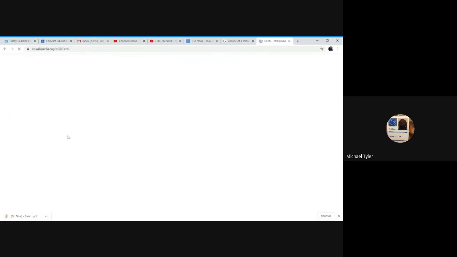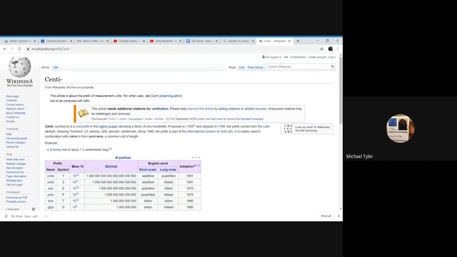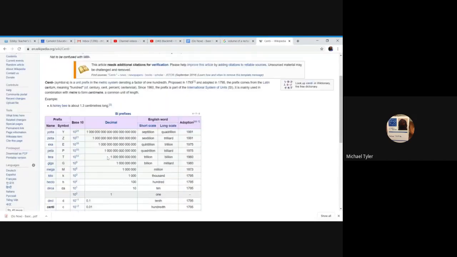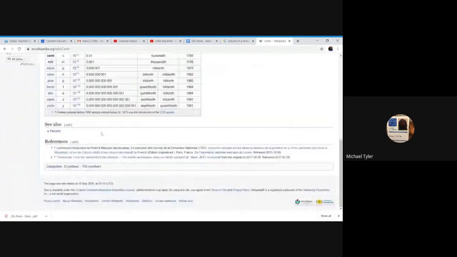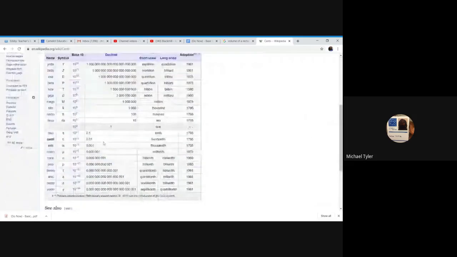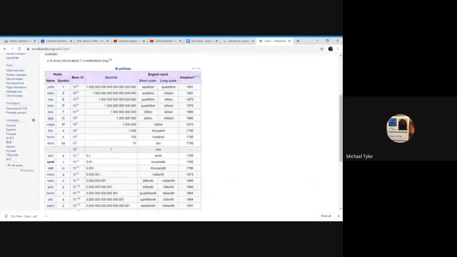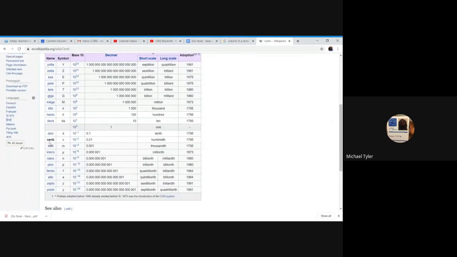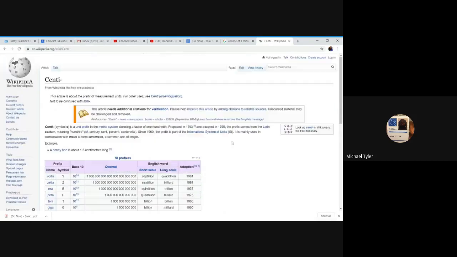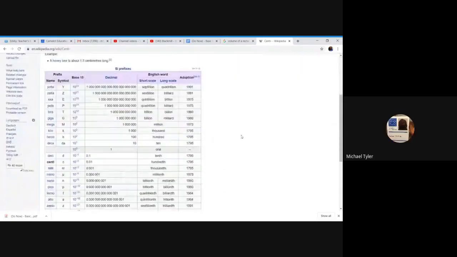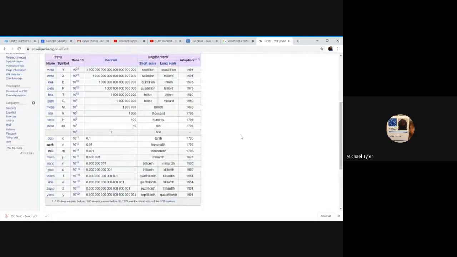If I go to Wiki, it's just a quick look, maybe you should bookmark this real quick. This is a good reference. This is kind of like that page 18 of the physics book I was telling you guys about, where it tells you what everything is. So when I give you deci, centi, milli, you can just use this chart. Do you have this on your screen? Can you bookmark this? Yeah, I got it. This will help you out a lot. So centi is 10 to the negative 2.